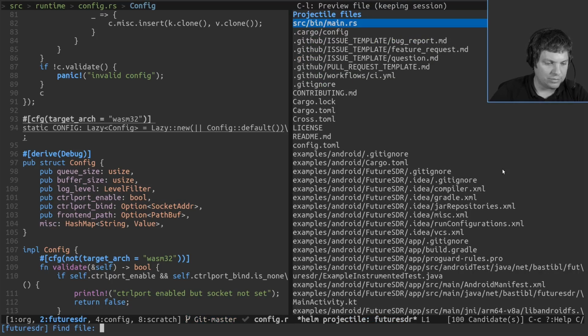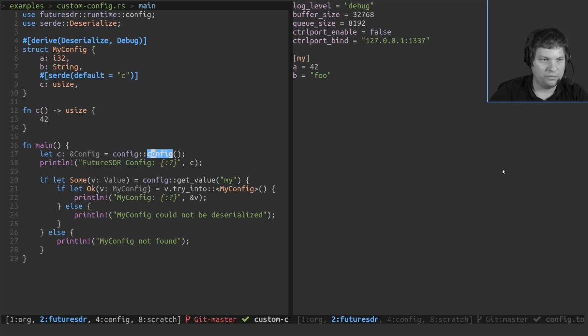And this is demonstrated in this custom config example here, where we create MyConfig, a struct, with A, B, C members. A is an int, B is a string, C is a usize, and we derive Deserialize from the serde crate. We already mentioned this before.